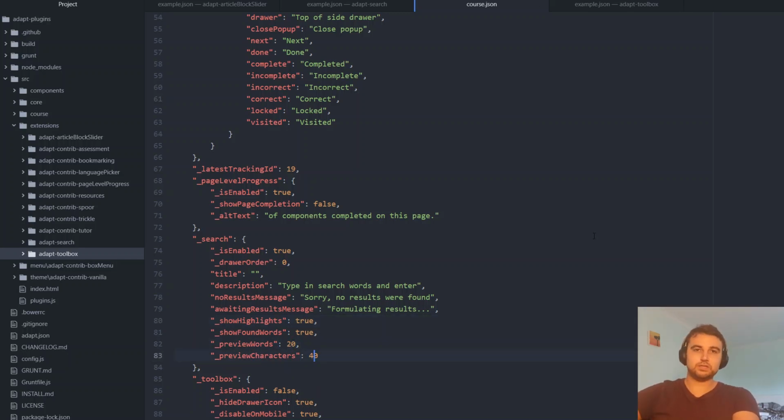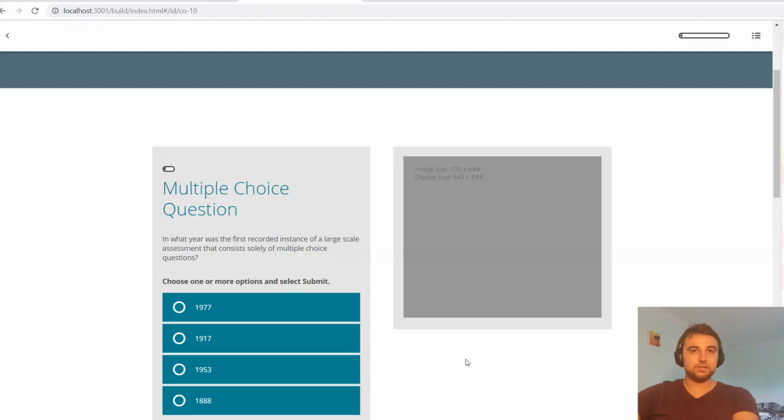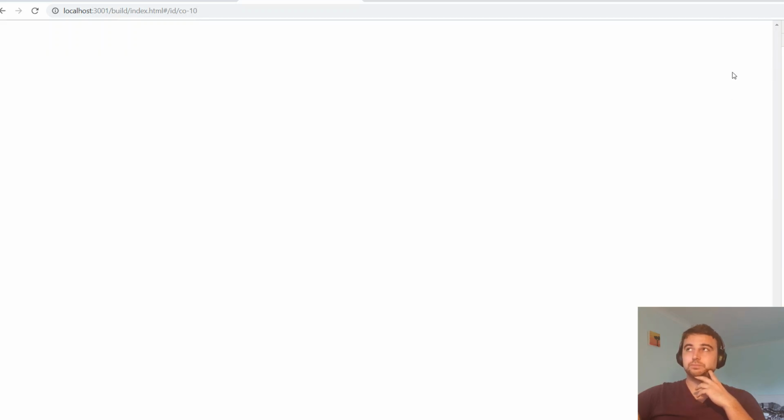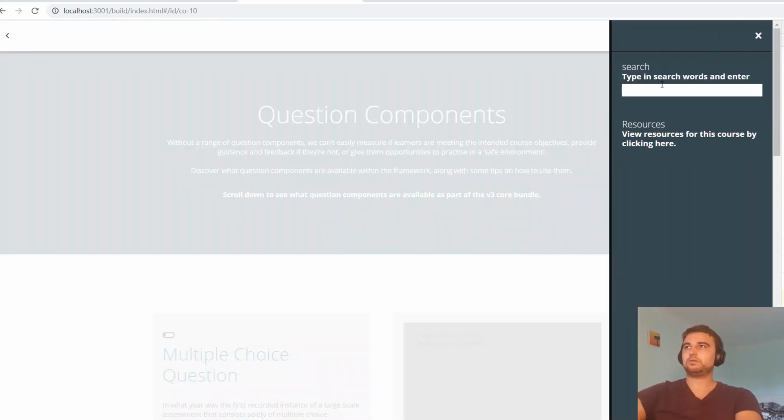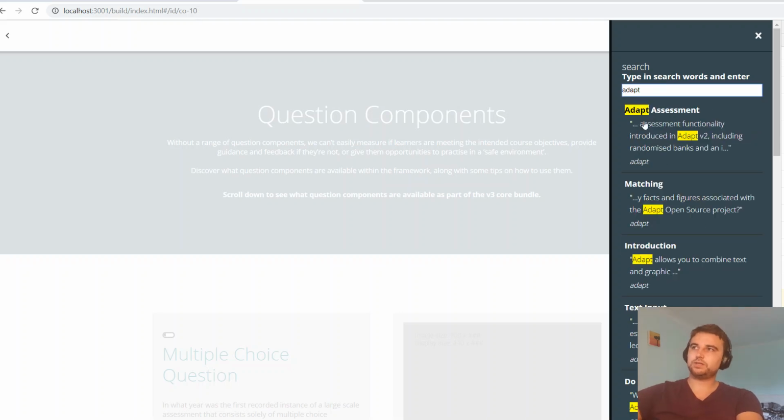So this is the default settings. I changed it to be slightly more, but if we change it back to the default settings and refresh the page, we'll be able to see what it looks like now. So say we typed in adapt. As you can see, we get fewer words now. So again, it's a really good extension. I consider it one of the must-haves in most courses,